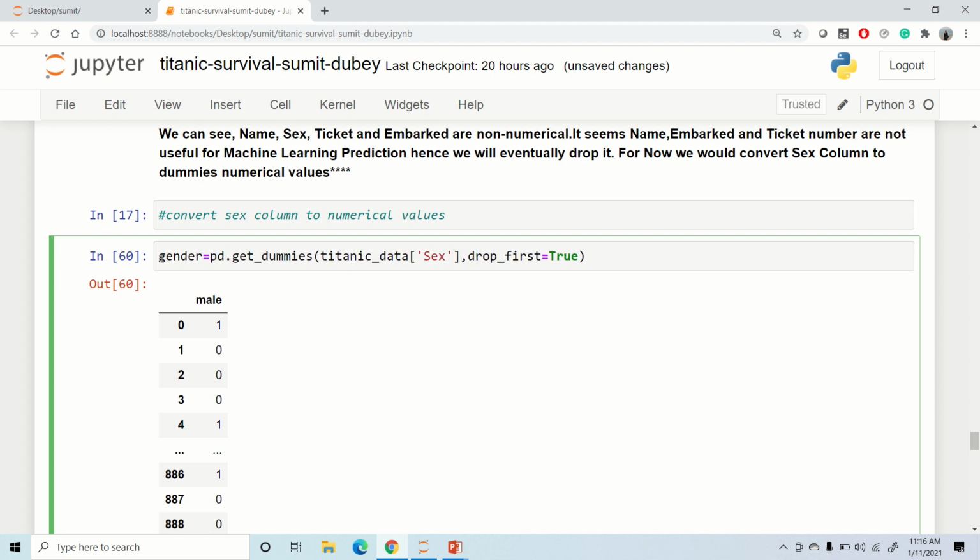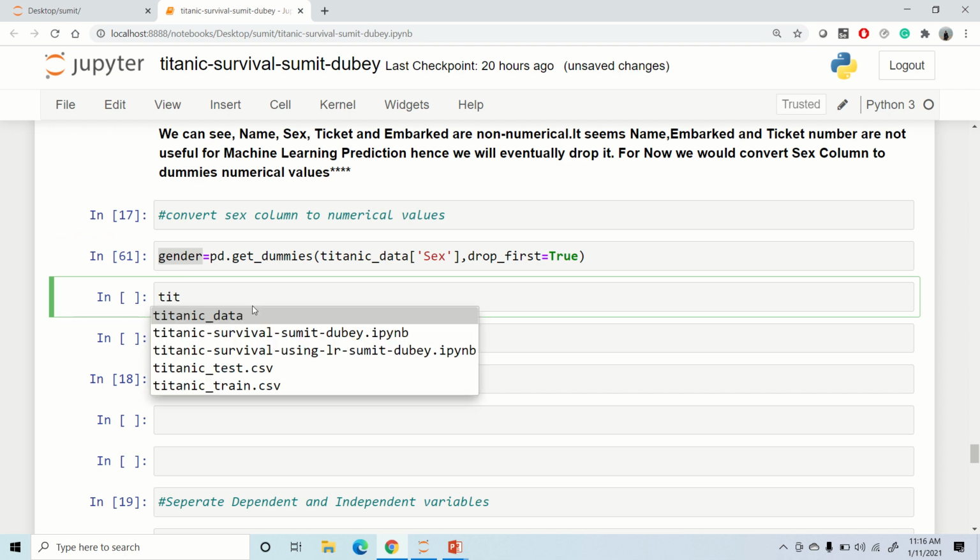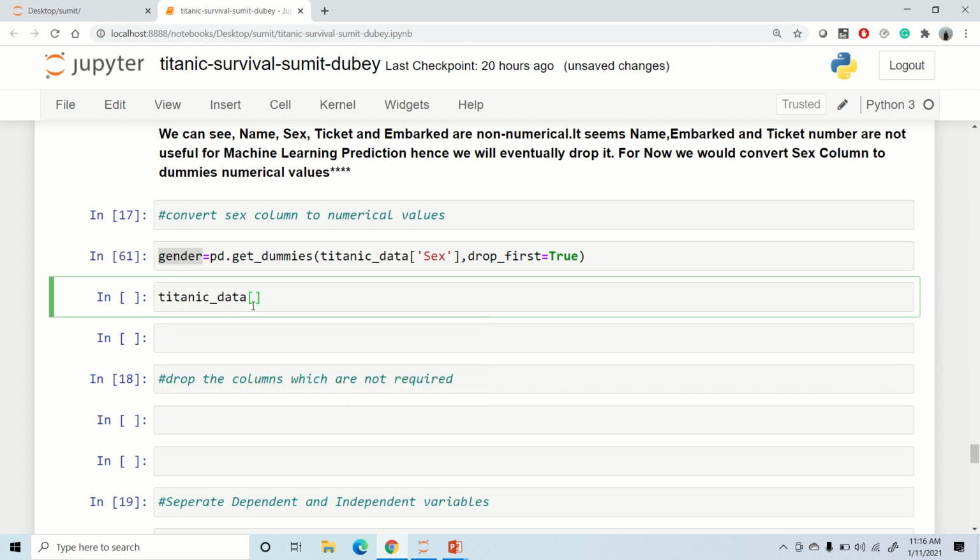So gender is equal to pd dot get_dummies of Titanic data set sex, and drop_first equal to True. I have run this, and I'm going ahead and using this value to add one more column to my data frame. I'll say Titanic data, and let me name the new column gender, and that is equal to this gender.